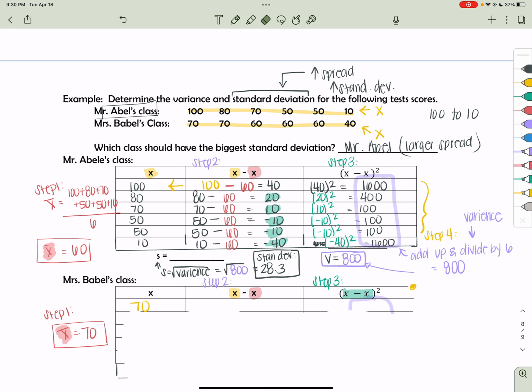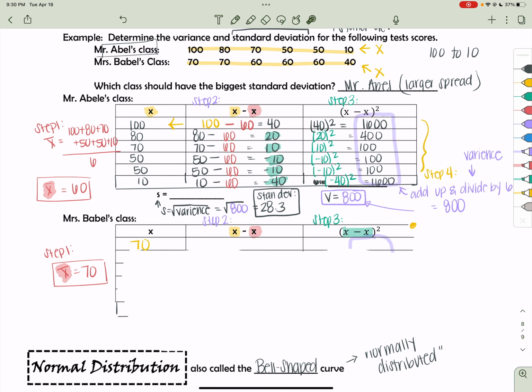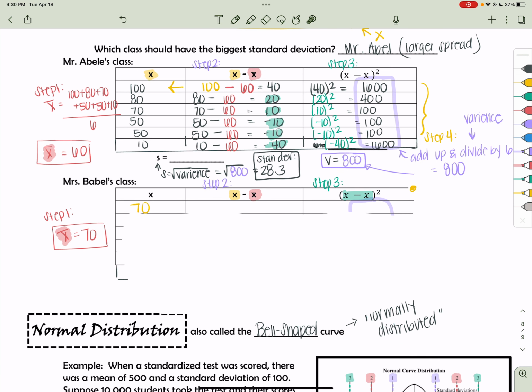All right, so you've unpaused the video. Here's Mr. Abel's class. Here is the variance, which I got of 800, and then the square root of that gives me a standard deviation of 28.3. All right, from there,